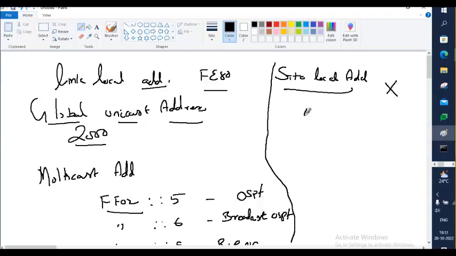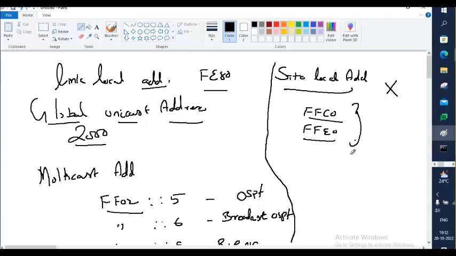That used to start with FEC0 and FEE0. But this is no more, removed from the standard. This was for private use,